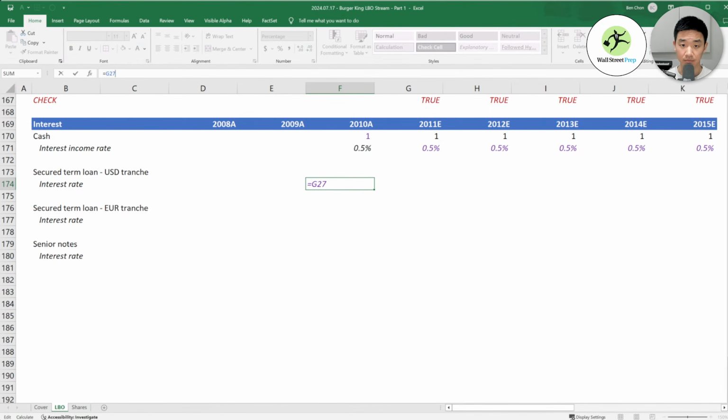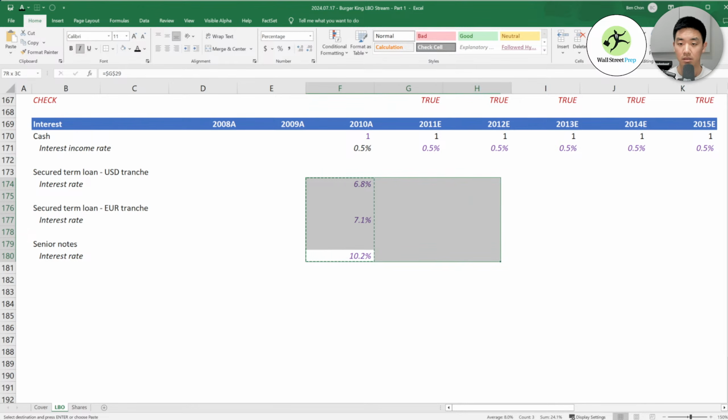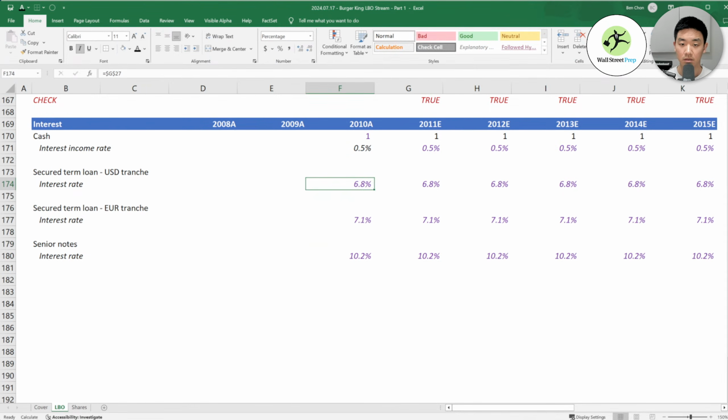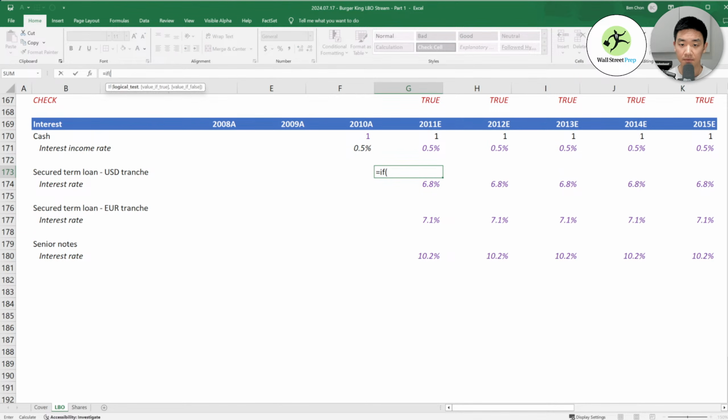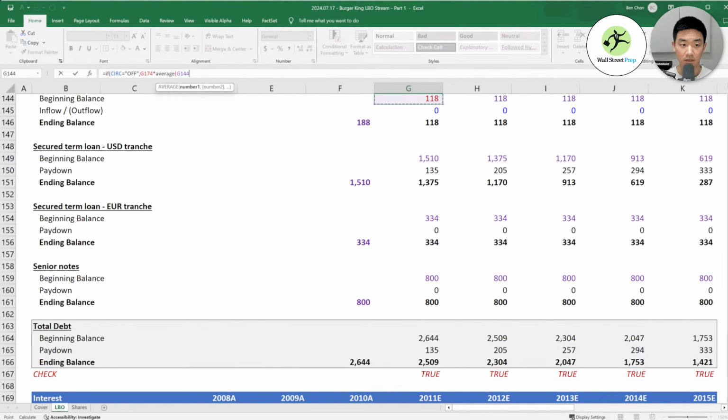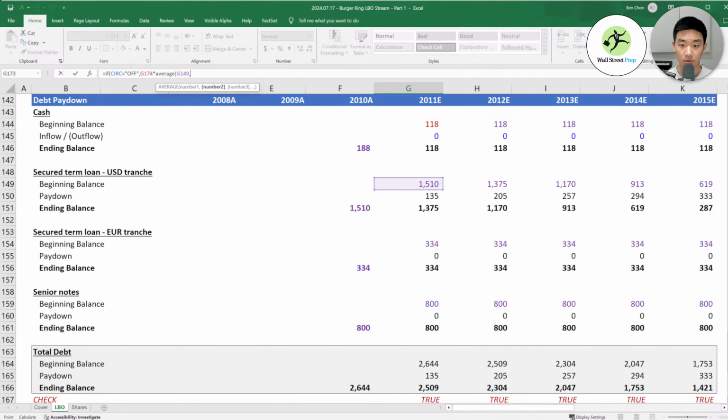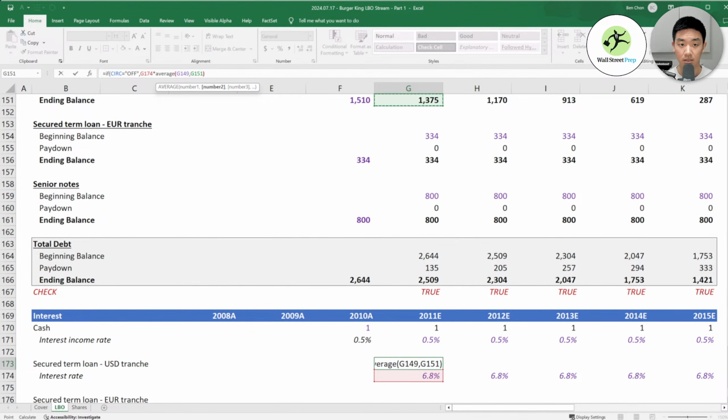All right, so we have our 3 tranches. Gonna make these anchored, and then we're gonna do the same thing. So equals if circ equals off, then interest rate times the average of your beginning balance of this first tranche of debt and your ending balance.